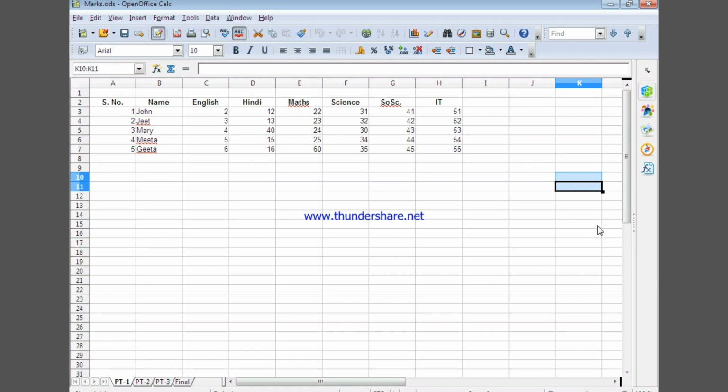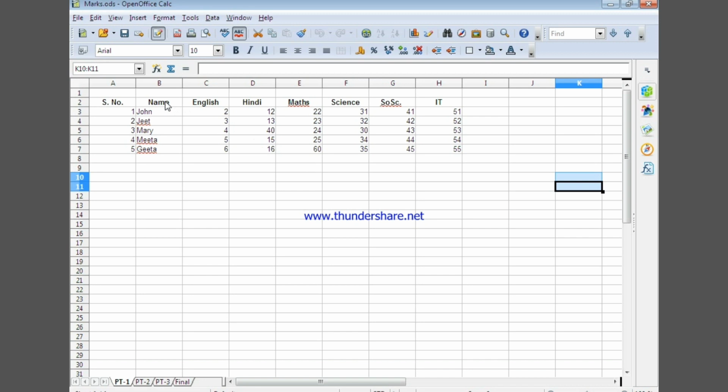Now I have two files, marks.ods and marksnew.ods. I had not recorded the changes in any of the files, but I have done some changes in marksnew.ods. Now I want to compare my marks.ods, that is my original file, with the new file marksnew.ods. Means this is my original file, marks.ods, and I had done some changes in marksnew.ods, but I had not recorded the changes. Now how would I know which changes have been done?